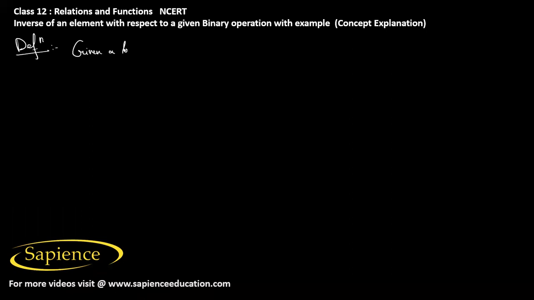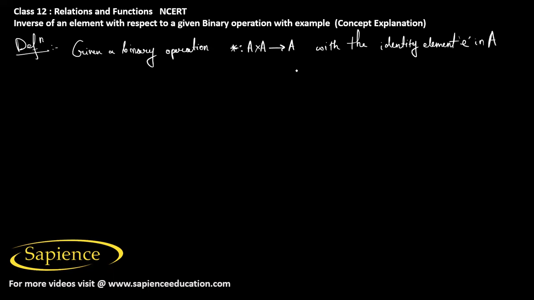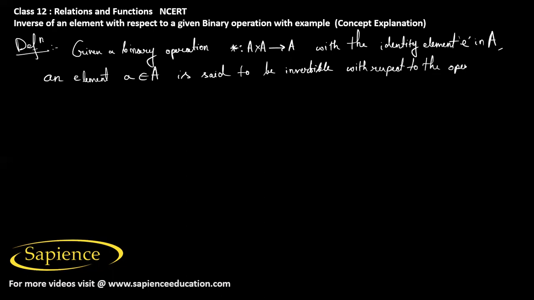Given a binary operation star, which maps A cross A to A, with the identity element E in the set A, an element a which belongs to the set A is said to be invertible with respect to the binary operation star,